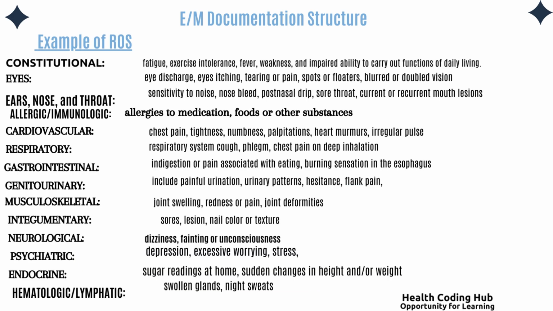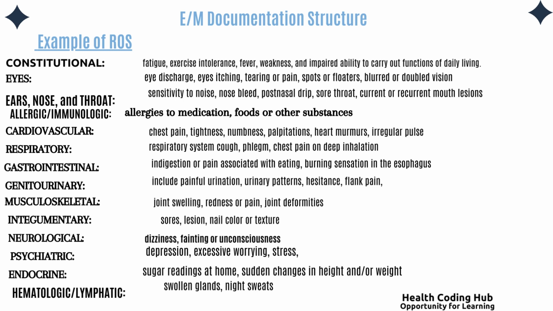Examples of review of systems: constitutional, the symptoms for constitutional like fatigue, exercise intolerance, fever, weakness, and impaired ability to carry out functions of daily living; eyes, eye discharge, eye itching, tearing or pain; ear, nose, throat, nosebleed, postnasal drip, sore throat, current or recurrent mouth lesions; allergic or immunologic like allergies to medication, foods, or other substances; cardiovascular, chest pain, tightness, numbness, palpitation, heart murmur, irregular pulse; respiratory system, cough, chest pain on deep inhalation;